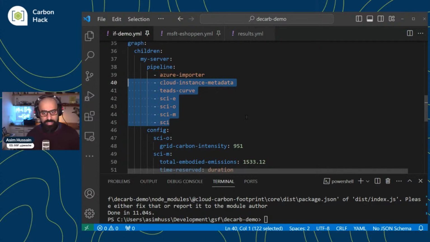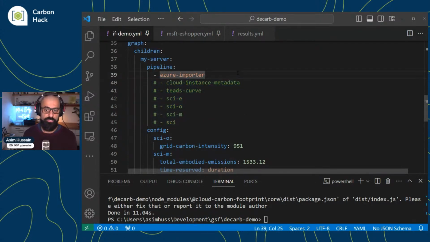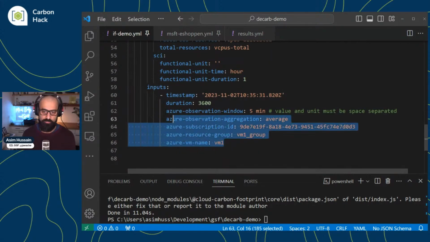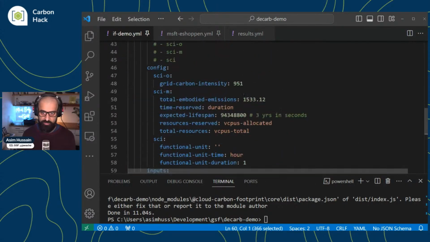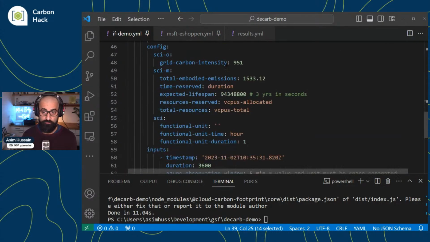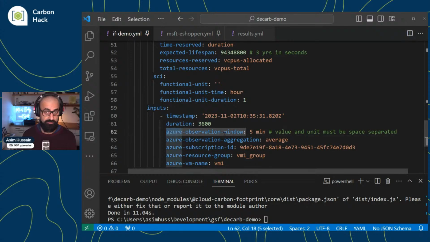Now, just to show you how this works, I'm going to comment the rest of these plugins out so you can see what happens. Effectively, all that's going on is that we're passing this array of data to Azure importer, and there's a standardized interface for that. All of these parameters are standardized. If you're going to use this value, we have a file called units.yaml where all this is standardized.